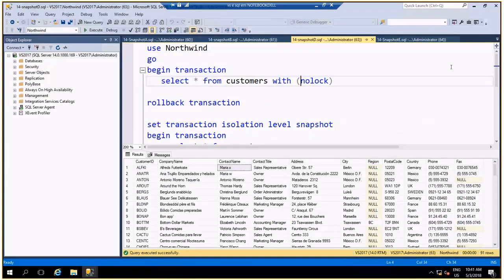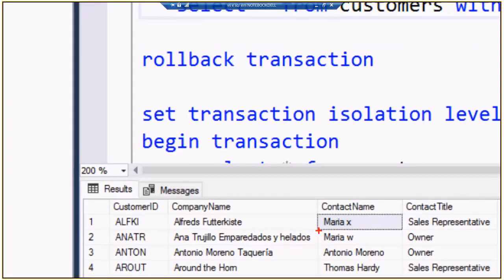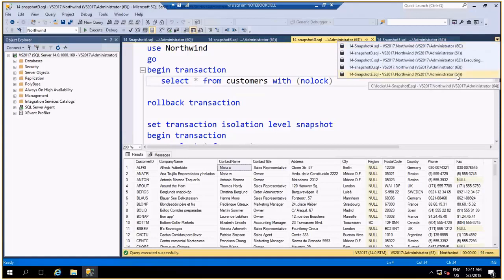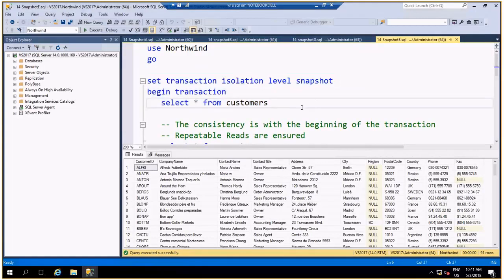Let's compare. On script D, I used NOLOCK and I got information that's not committed yet. On script E, with the snapshot isolation, I got the correct information really committed on the database server.